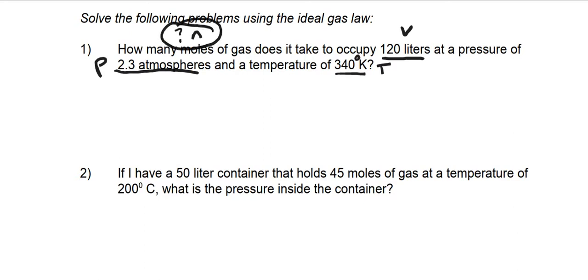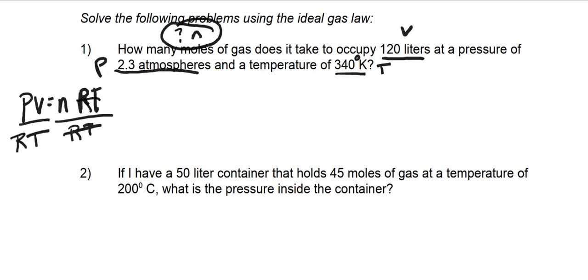Okay. So then we can just take our formula, PV equals nRT, and in order to get rid of the R and the T, we can divide on both sides, because remember, whatever we do on one side of the equal sign, we have to do on the other side. So the RT's cancel. So now we're left with N equals PV over